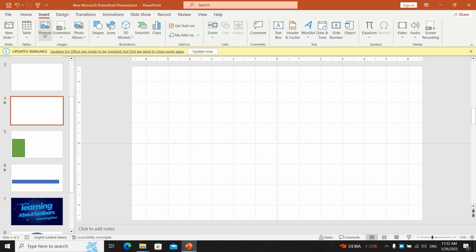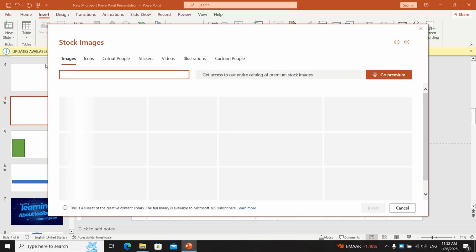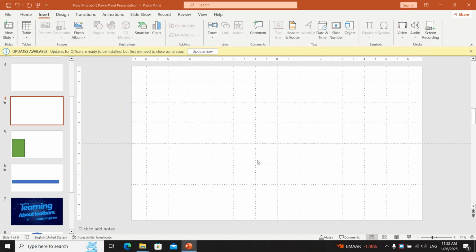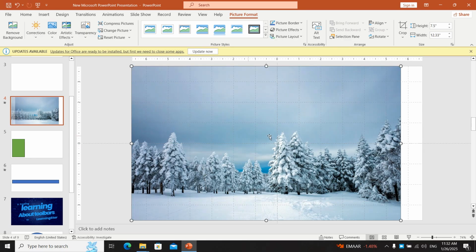For example, you can also add another picture from stock images. Wait a little for the stock images to load. For example, what we choose, this snow is good. Let me insert this. Let's say we have this picture here,